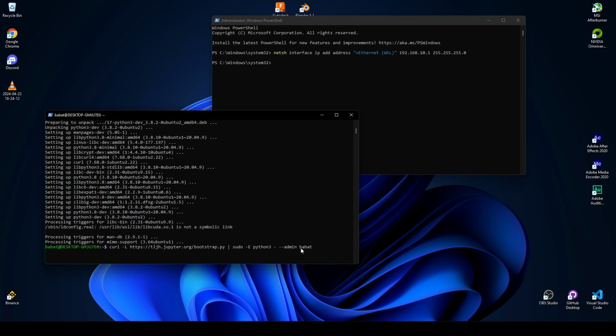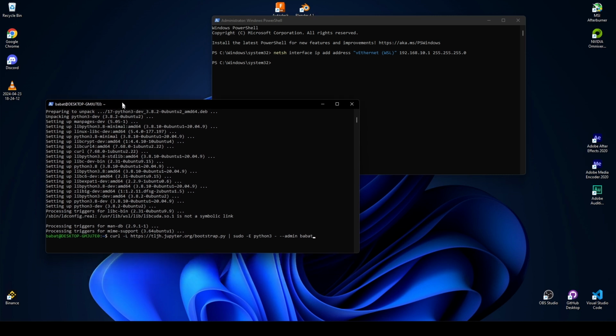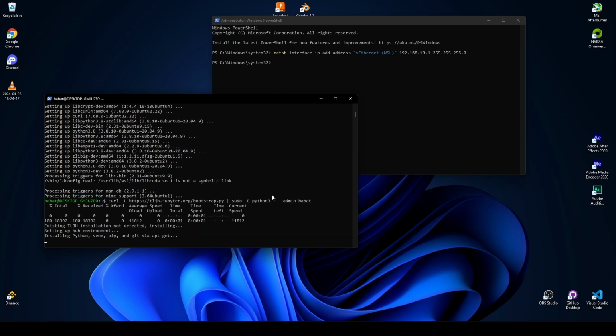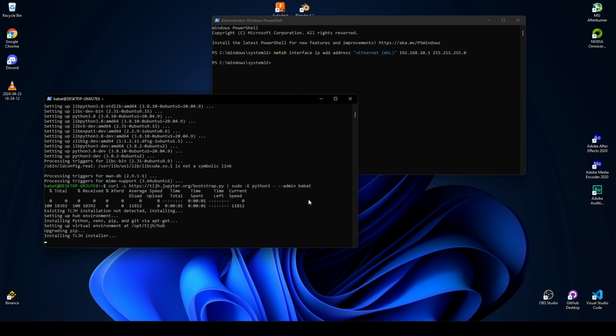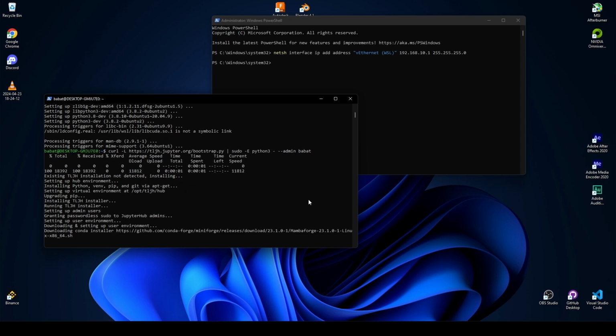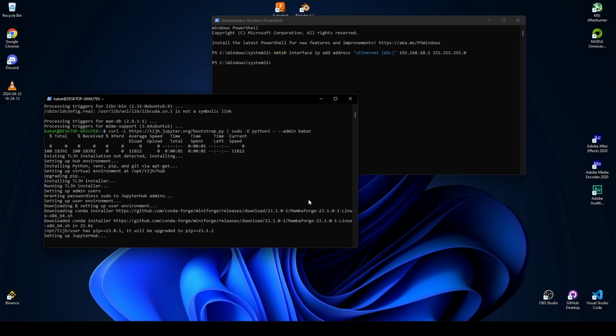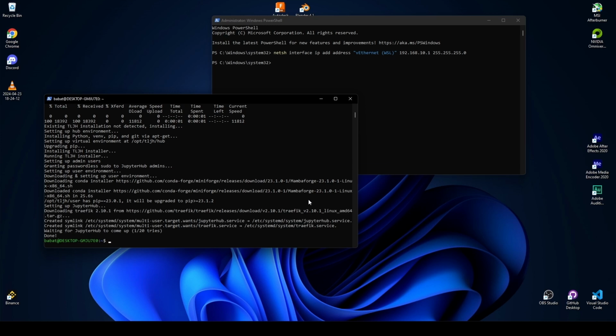I am using the username Babat, the same as the username of Ubuntu, and we hit enter, waiting until the process is done. Now the installation of JupyterHub is successfully done.